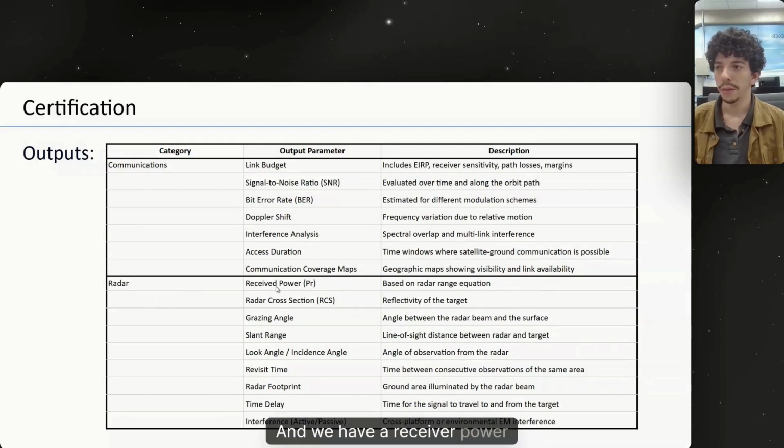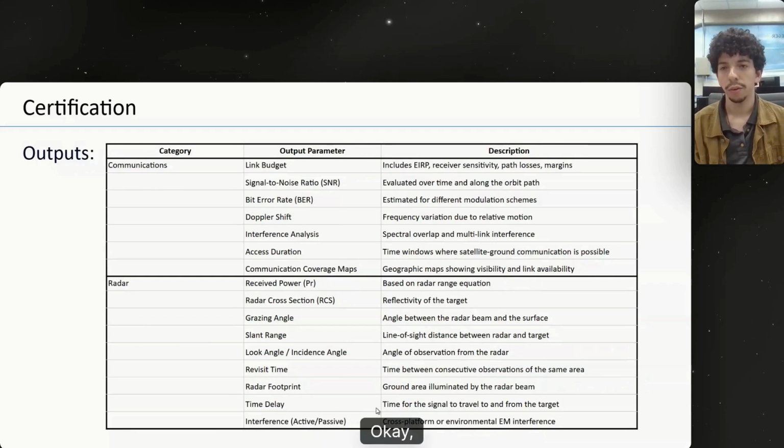And we have a receiver part, radar cross sections, grazing angle, slant range, look angle or incident angle, revisit time, radar footprint, time delay, interference active or passive, and the others. Okay,